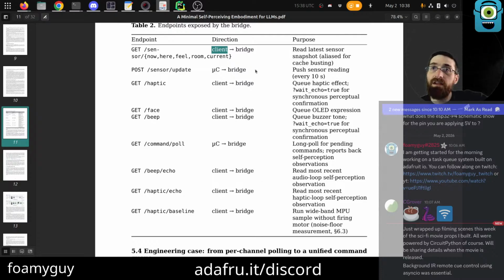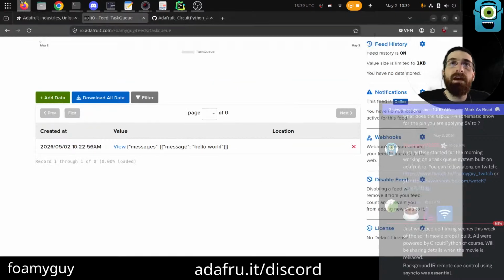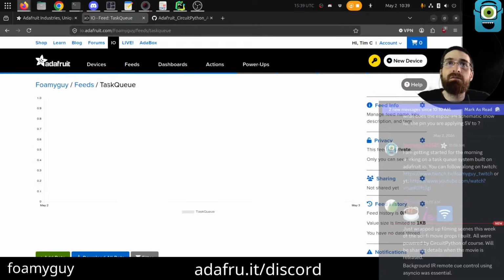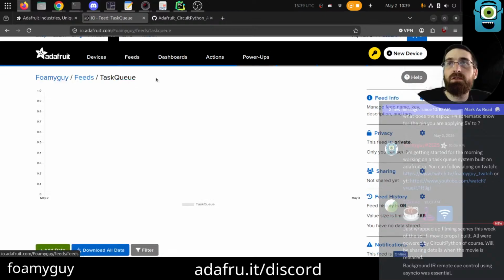The client side, if it wanted to, could also use MQTT to get a notification, essentially, whenever new data is available. Yeah, I think I like that idea. So instead of just one task queue feed,